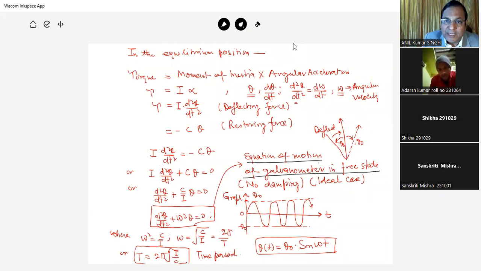Free state means no damping. एक्चुअली ये आइडियल केस है, ऐसा होता ही नहीं है, लेकिन सिंपलेस्ट केस को रखने के लिए हम आइडियल स्टेट को लेकर चलते हैं। दिस इज द आइडियल इक्वेशन, थीटा t इज इक्वल टू थीटा 0 इंटू साइन ओमेगा t, और ओमेगा इज अंडर रूट c बाई I, और ये साइनोसॉइडल ग्राफ हो गया, और इस तरह से ये ऑसिलेट होता है।